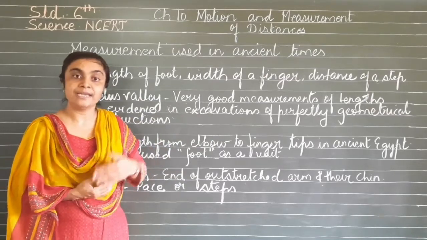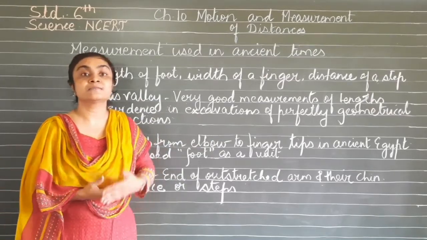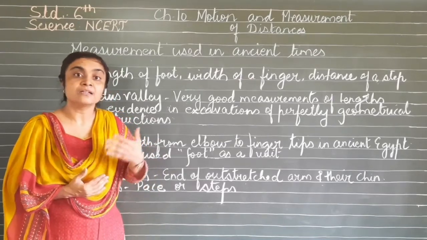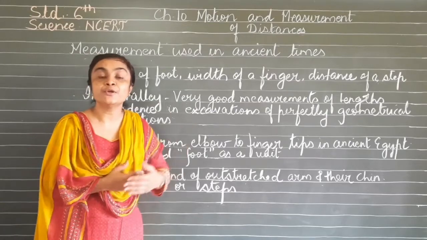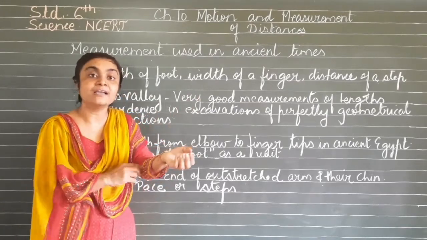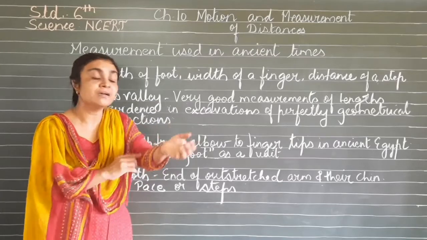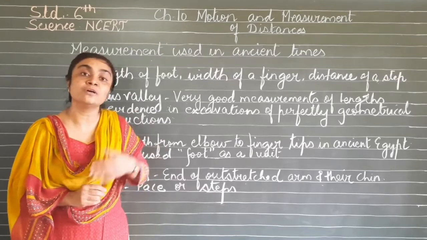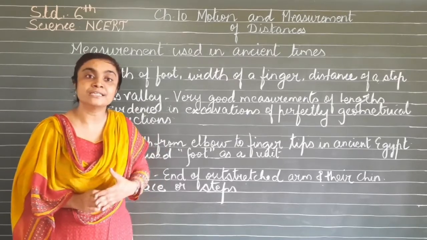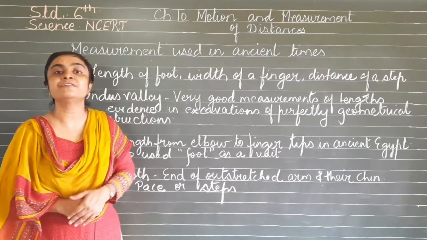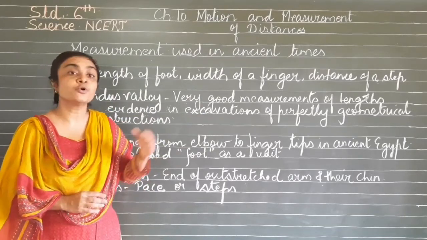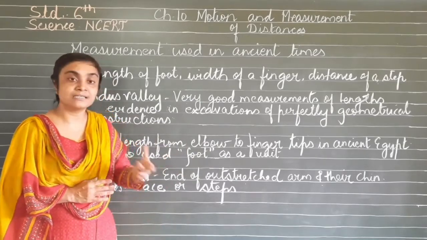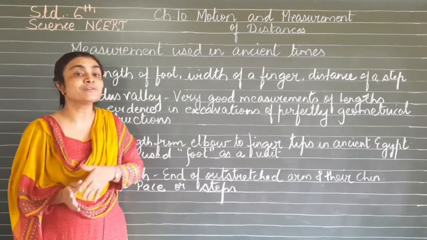Even nowadays in India, many flower sellers, if they want to make a garland, use the elbow. They take the thread and measure it with the help of the arms. So today in India also, many people use their body parts. Now, what was the difficulty in using body parts? Different people have different hands and different foot steps. So it was difficult.